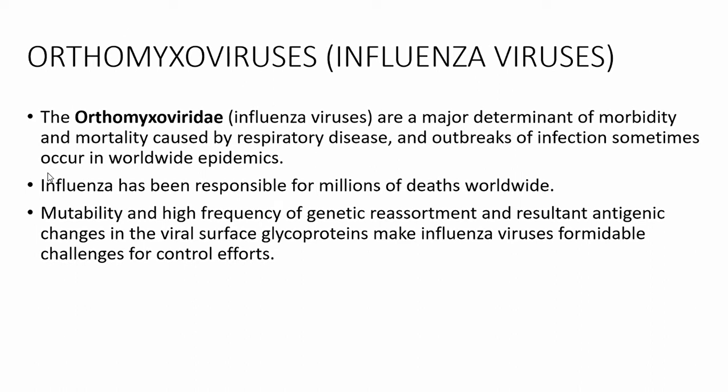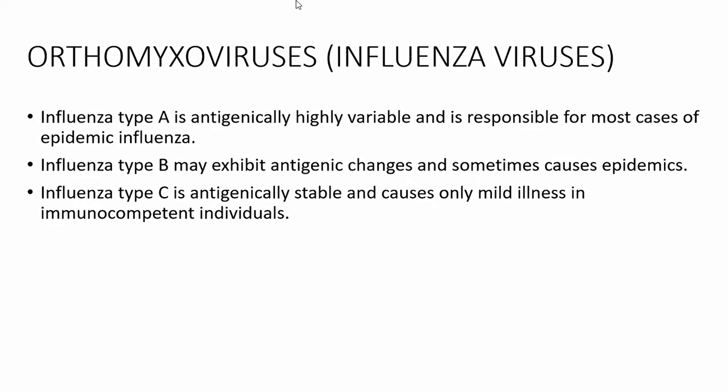Antigenic changes in the viral surface glycoproteins make influenza viruses formidable challenges for control efforts. So we have three immunologic types for influenza: influenza type A, type B, and type C. Type A is antigenically highly variable and is responsible for most cases